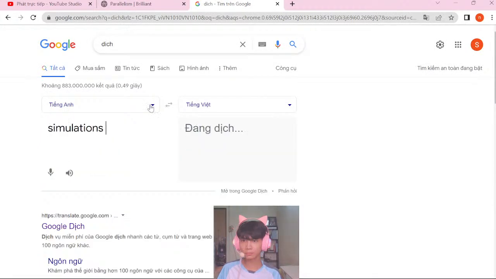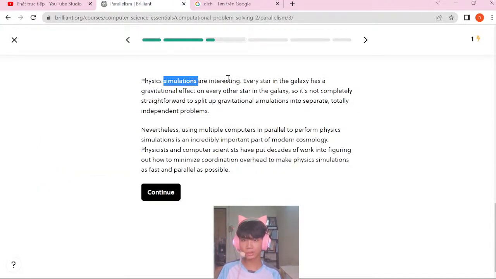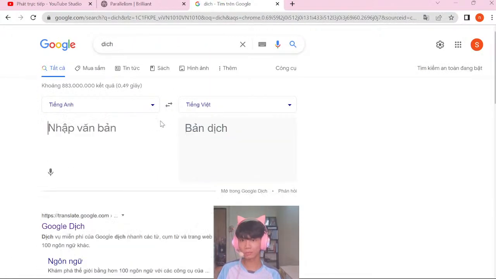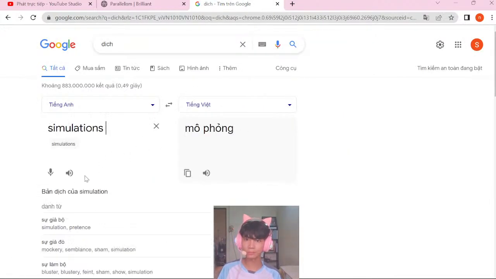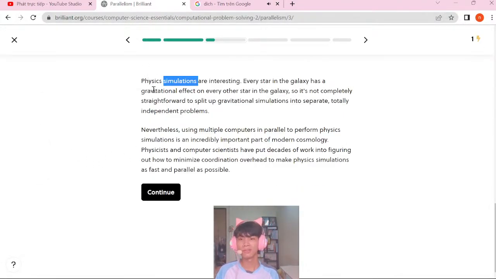Physics simulations are interesting. Every star in the galaxy has a gravitational effect on every other star in the galaxy, so it's not completely